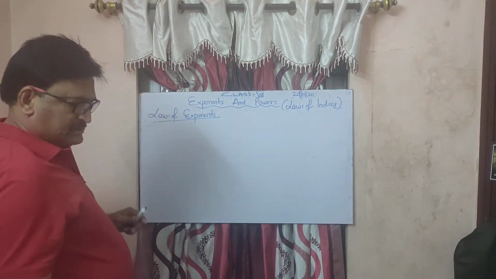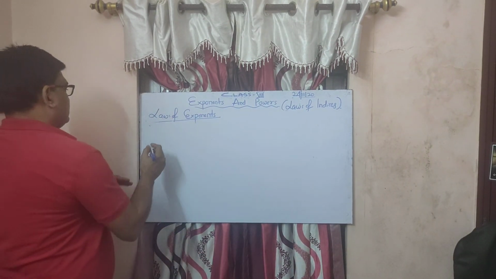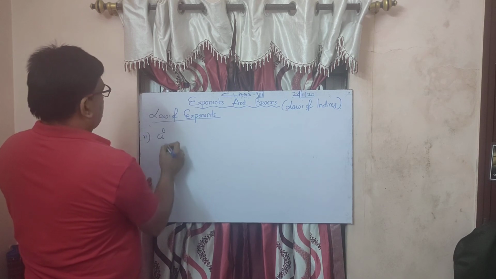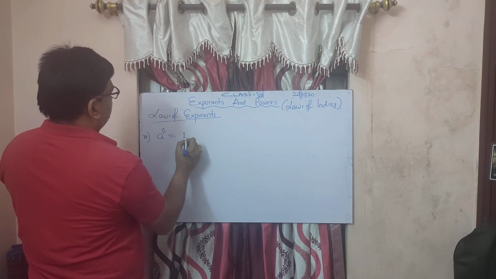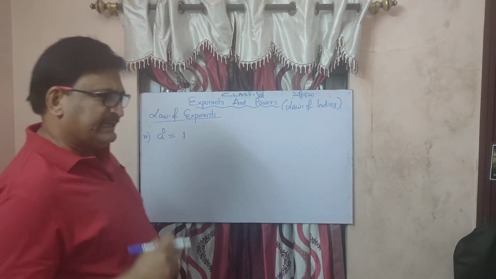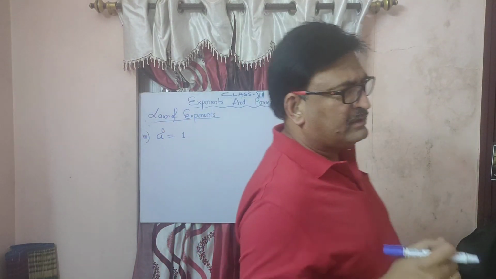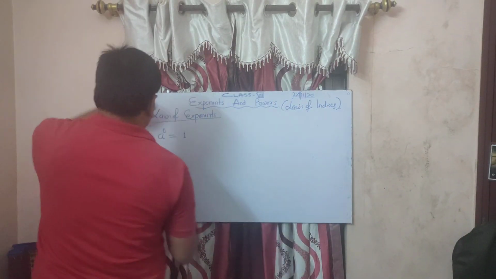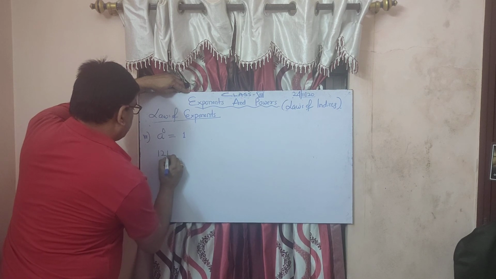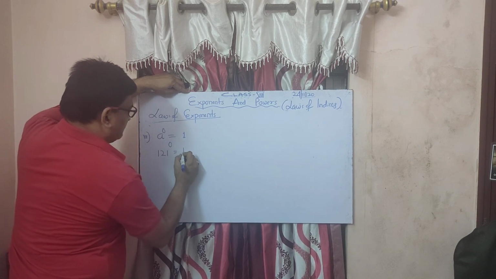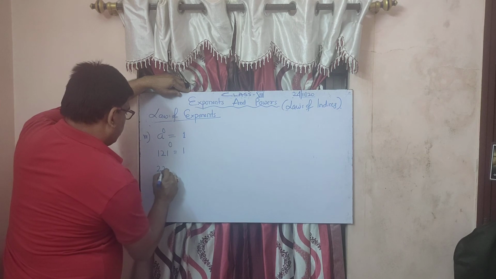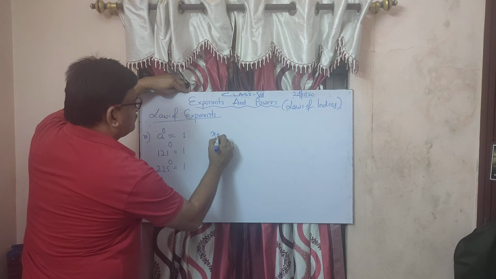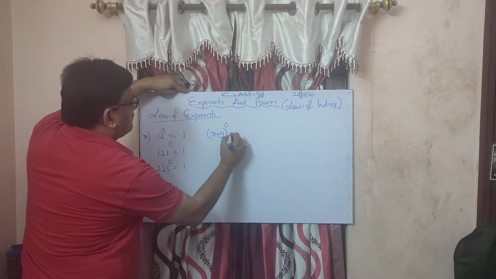and the best law, that is a to the power shunya, the 7th law. A to the power 0 is always equal to 1. What does it mean? It means anything raised to 0 is 1. For example, 121 raised to 0 is how much? 1. 225 raised to 0 is how much? 1. x plus y to the power 0 is how much? 1.